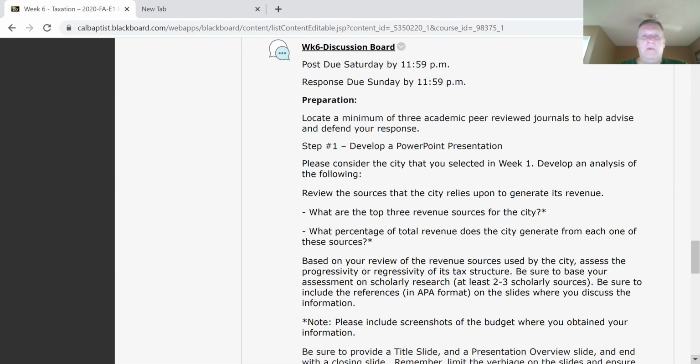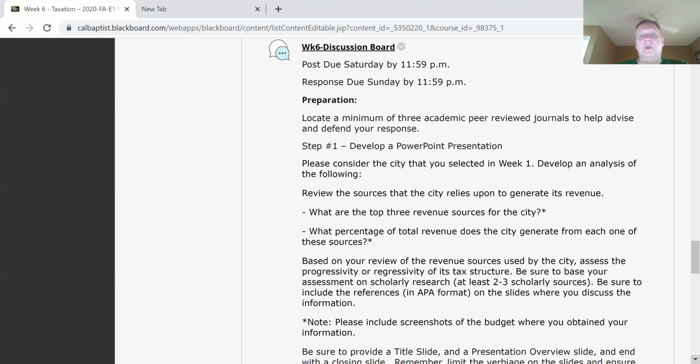And so they're getting X amount of money from the property tax. What percentage of total revenue is coming from that property tax? Or X amount of money from a local option sales tax. We might see a Burns-Bradley sales tax. How much are they getting from that? And what percentage of total revenue are they getting from that sales tax source? So top 3 revenue sources, what percentage of total revenue they're getting from each of those sources,